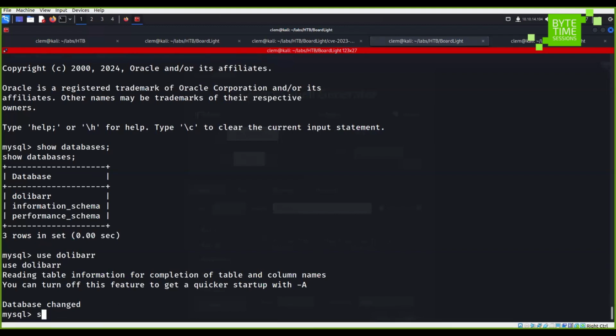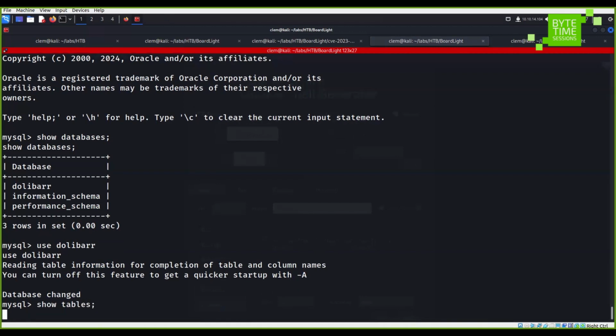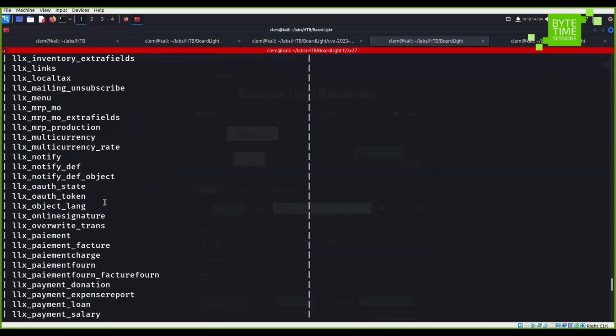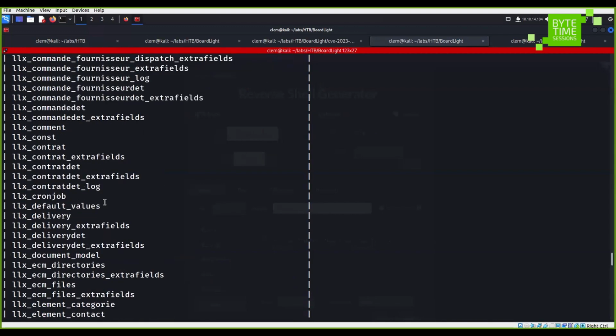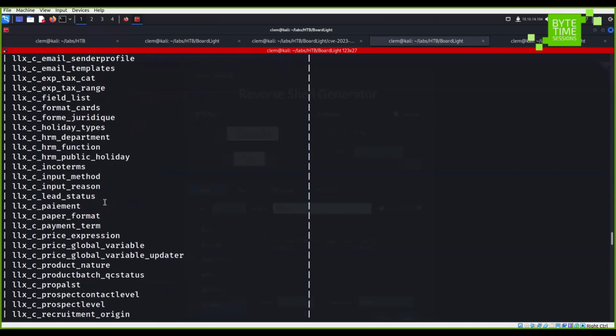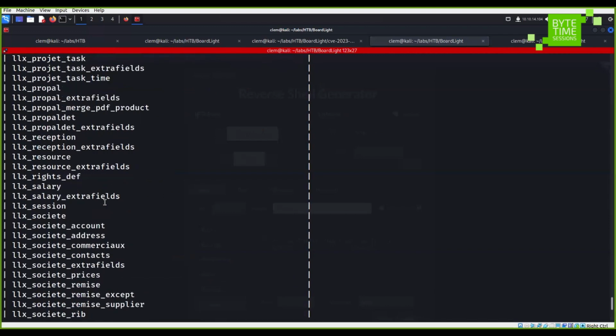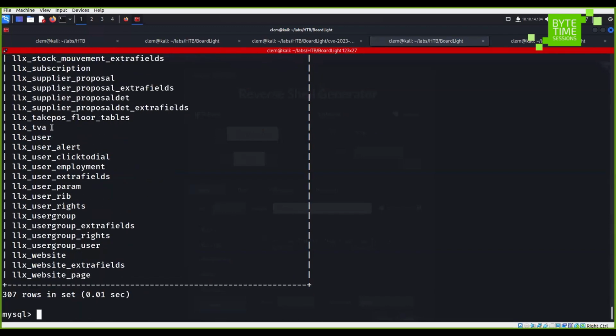So let me see, show tables. Let me see what tables we have. Okay, we have a ton of tables in here. We have salary. Most of the time, you should be targeting users or password-related stuff in the tables. Let's see what we have. Okay, we have users here. Let's select everything from this. Select all from this